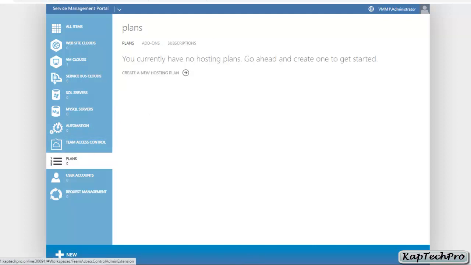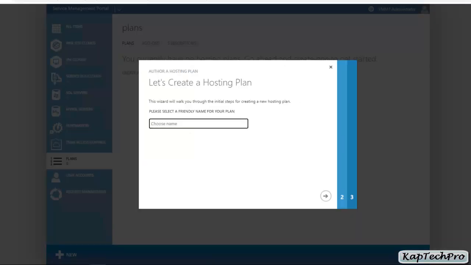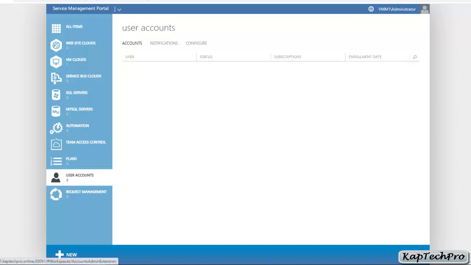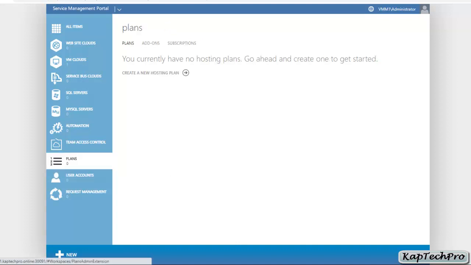Now let's discuss plans. So guys, if you have customers, if you have a client and you want to sell hosting plans to your client, you can simply create a hosting plan from here. If I click on this link, you can select the name for your hosting plan, then you can configure, then you can allot, then you can add the resources. And after creating the plans, you can create a user account from here. Like you can assign the email address. Then after that, you can give the username and password to the client, and by using the resources which you have entered in the plans, your client, your customer can create the virtual machine.